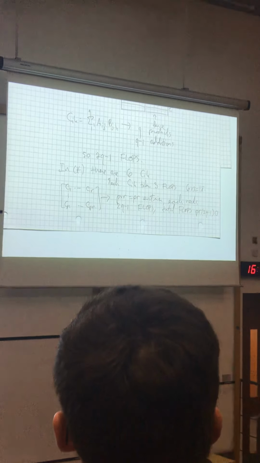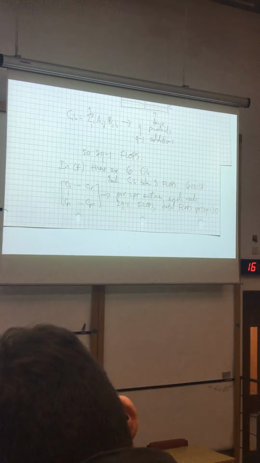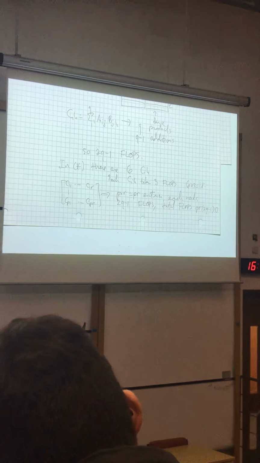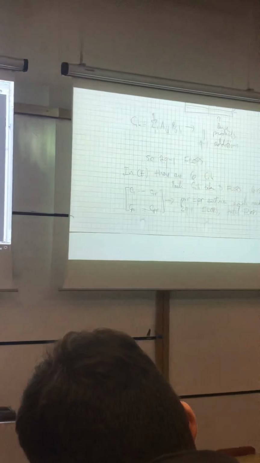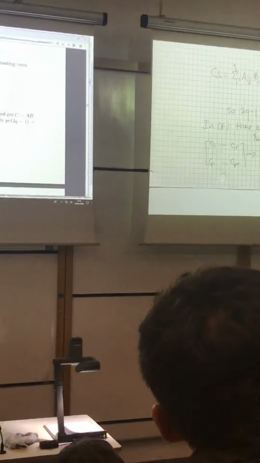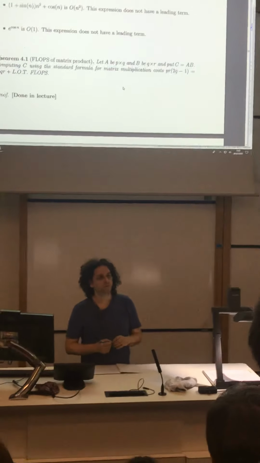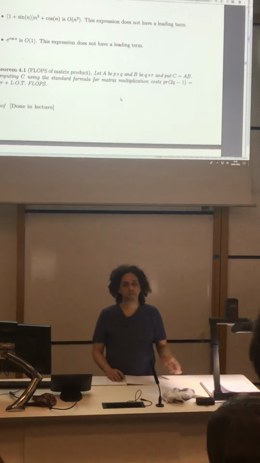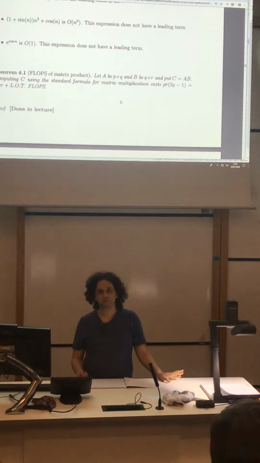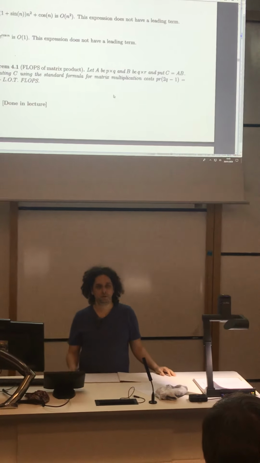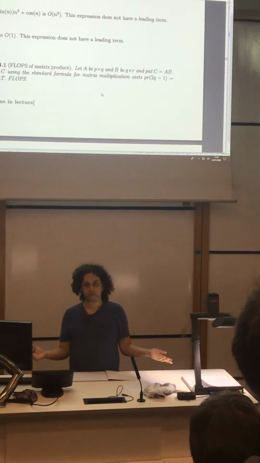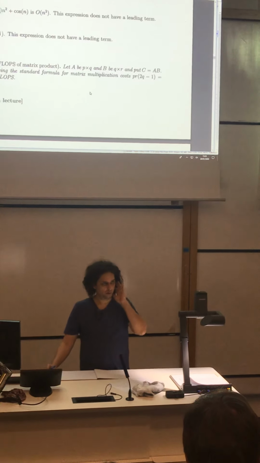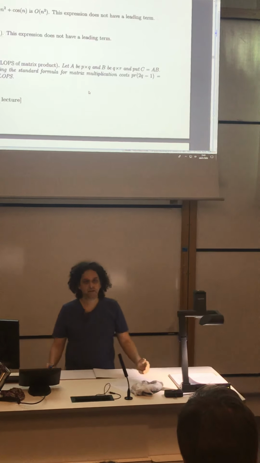So every year, I get questions about, oh, what do we need to put in the proof that we give you on the exam? I have two answers to this. If you're looking for the amount that will guarantee you the good marks, there's a law that we have in the department that whatever I did on the board, if you give me that, you get the full marks. So if you put all that stuff, you get the full marks. So that's one answer. And then I can also give you a bonus piece of information. That is, you can also get full marks